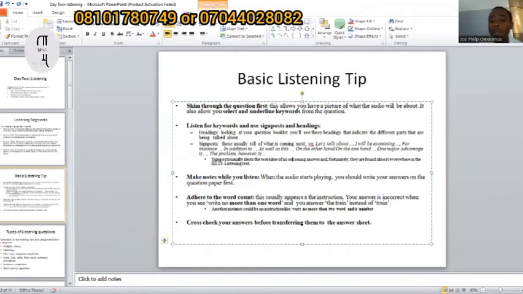Now this is where many people have a problem. They are told, write no more than one word, and then in the audio they heard "the train". The instruction was write no more than one word. Now, if you write "the train", that will be two words. So writing two words where you are supposed to write not more than one word, you have already failed it.